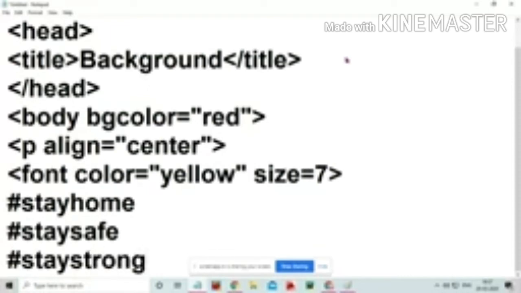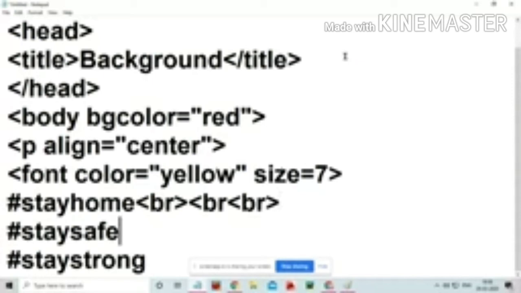That's why I give the break tag. The break tag is used to give space between lines. If you want space between stay home and stay safe, you give the break tag, BR.